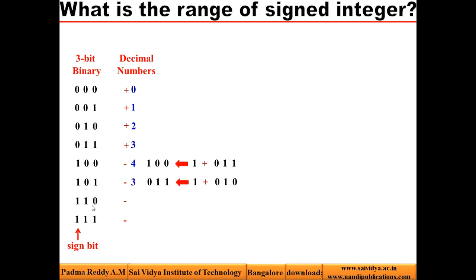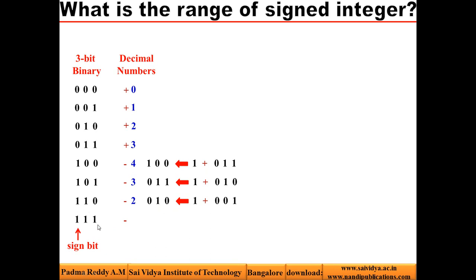Now tell me what should I do for this? Here what I write? 0, 0, 1. For that one's complement, I should add 1. Tell me what is the output I will get? 0, 0, 1 plus 1 will be 0, 1, 0. What is 0, 1, 0? 2. So I write 2 here. Finally, you yourself tell me what should I do with this.